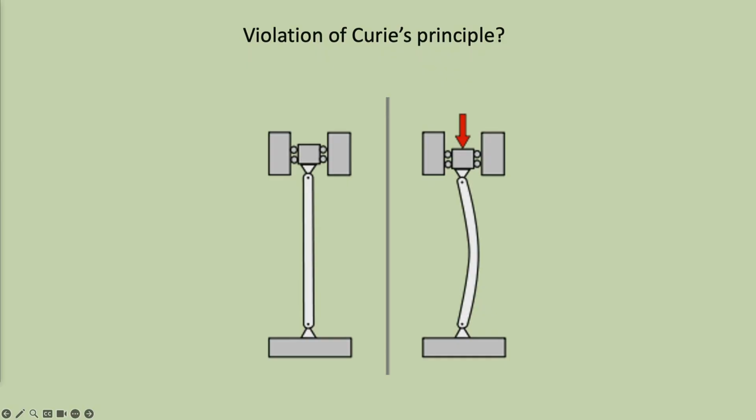Well, imagine this. You have a cylindrical rod, solid, and you press on it till it buckles. And then you notice that it buckles in one particular direction. Out of all the 2 pi directions it could have buckled in, it chooses one. So, show of hands, who thinks that this is a violation of Curie's principle? And now, who thinks it's not a violation of Curie's principle, but it is a violation of the quantitative Curie's principle? No. Okay, good. So hold on to that.